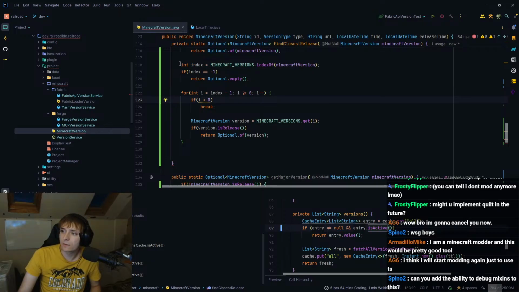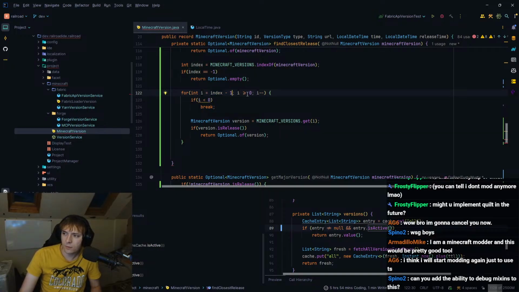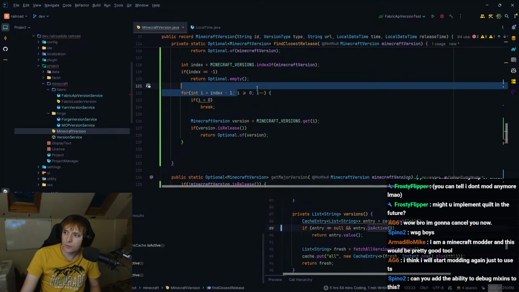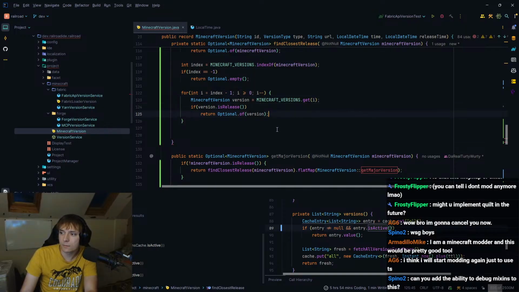Because let's say the index of the Minecraft version is 0, so it's the first one in the list. When it comes to here, i will be index -1, which is -1. So that means i is less than 0, no? Or am I crazy? It doesn't do the condition. Oh, it does do the condition. It just doesn't do the... Right, so that's fine then, isn't it? Yeah, that's fine.